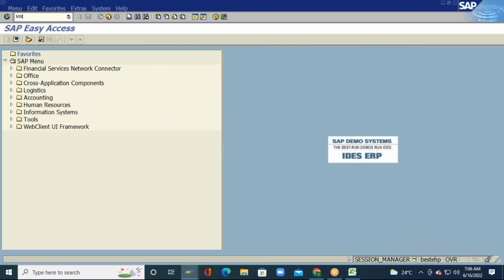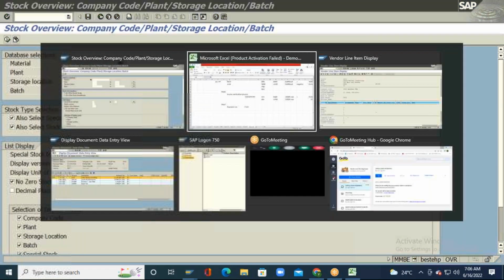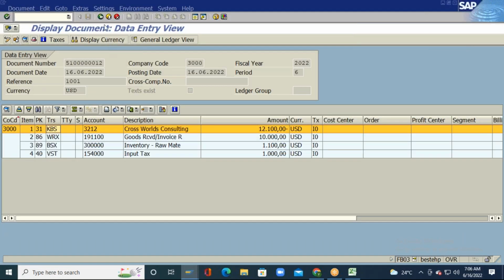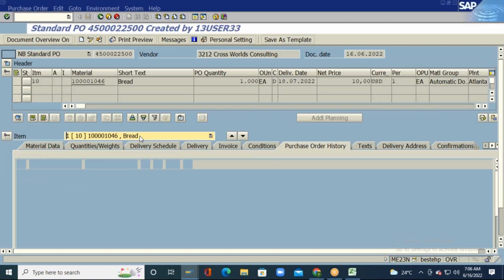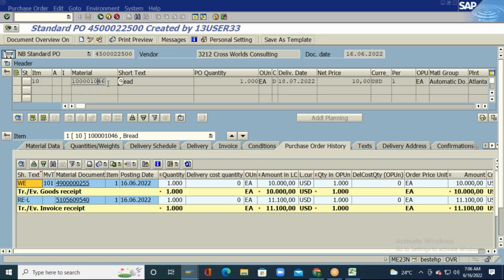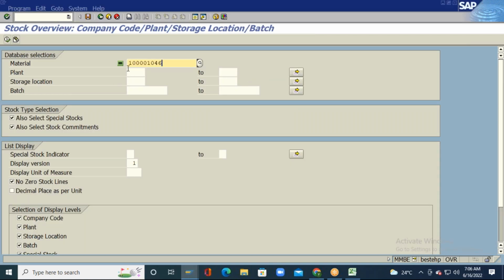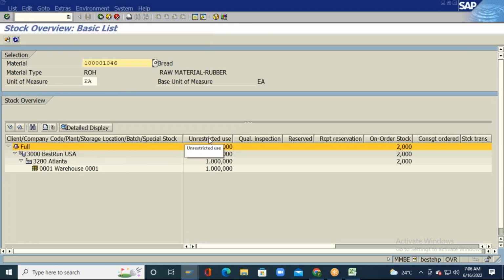Now the stock is directly updated as unrestricted stock. Unrestricted means it is directly updated as good stock. Here we do not have the quality inspection module active. The stock went directly into unrestricted use, meaning it is good stock and you can use it directly. But if you want to put the stock under quality inspection,